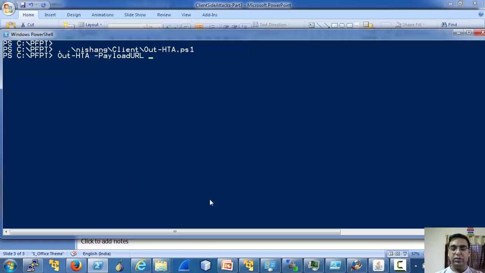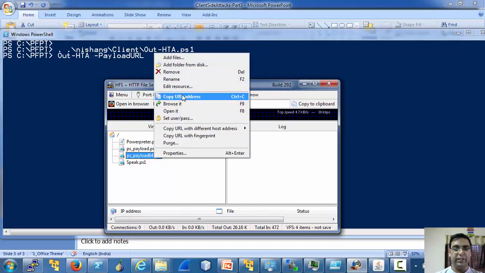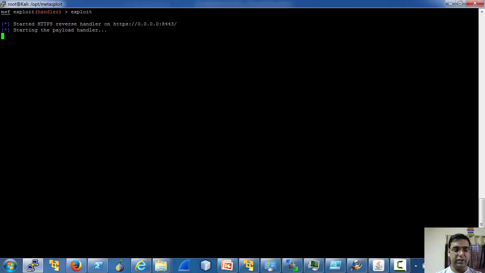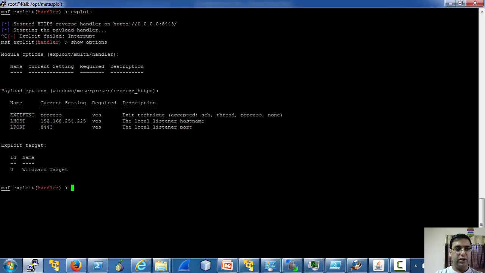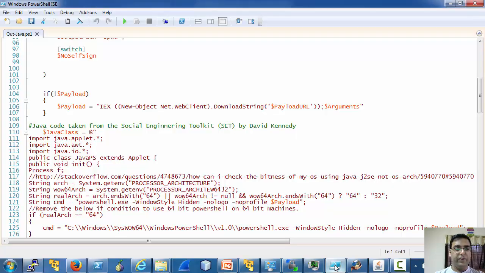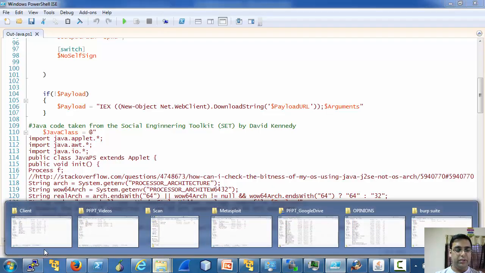So let's use the same payload which we have been using earlier, that is a Meterpreter reverse HTTPS in PowerShell, and let's see if our listener is running. Okay, so it is a 32-bit listener. So let's run this. And before we run this, let me